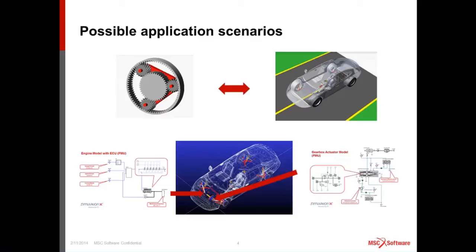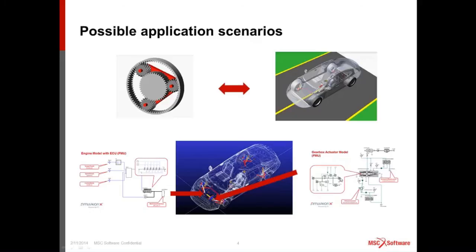And vice versa, if the chassis group wants to see the vehicle performance with a very detailed gearbox model, they can ask for the gearbox model exported as an FMU from the gearbox group. And another scenario is that if you're an OEM and you have different components of your vehicle model provided by suppliers in different software, and if all software supports FMU, you could easily bring all the components into your full vehicle model and perform a co-simulation, or just a simulation,